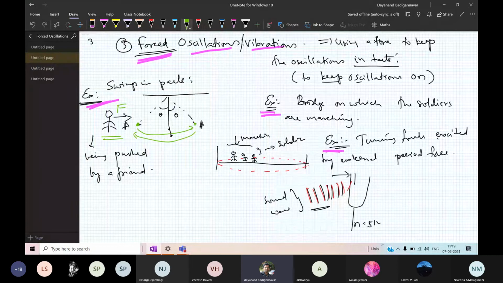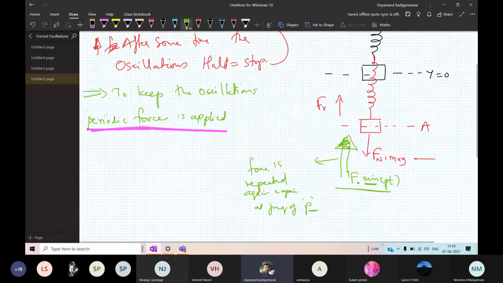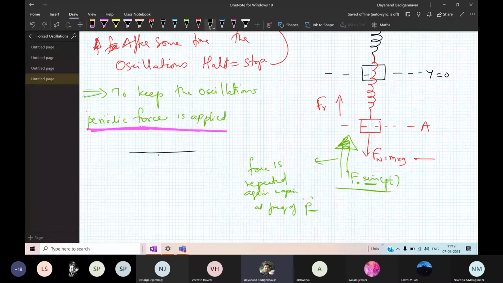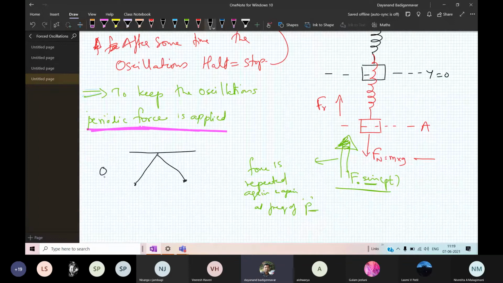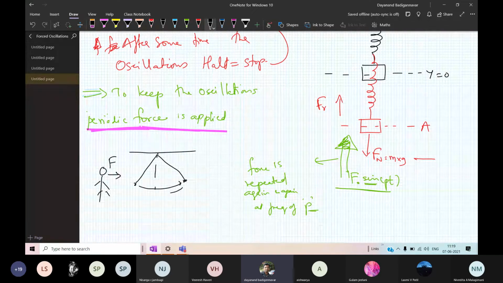Okay, so here, look, I have a swing in the park. It is oscillating between A and B. You are sitting in the swing and your friend is here. He is applying the force. He cannot apply the force just once; if he applied the force only once, it would not continue. So this is the equilibrium. It is going to this point and it comes back. Once it comes back, again he is applying the force. After that, again it is going to repeat.